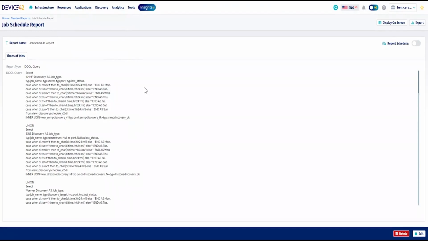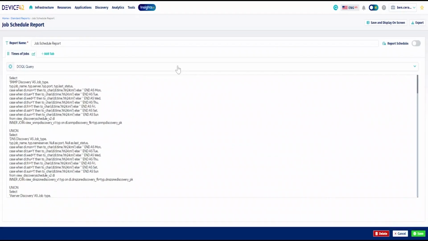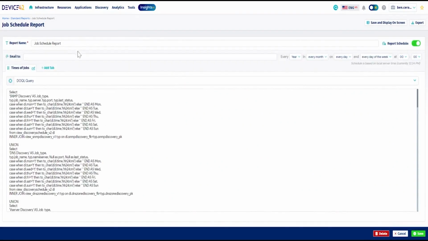One of the nice things about these reports also, in addition to being multi-tab and very powerful because you're going directly against the data model, is the ability to schedule these. So again, I can make this report so that it sends out every week. So I can enter a set of email addresses. For example, I can send this to my boss at